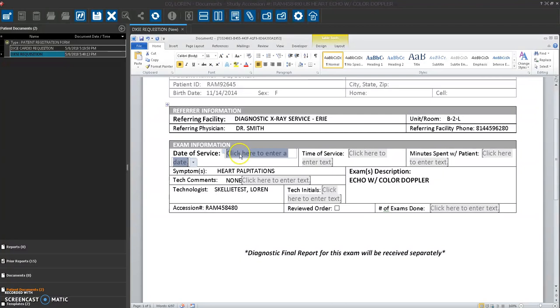Alright, so I'm going to click here where it says click here to enter a date. And then when I click on that, it's going to give me this drop-down arrow over here. I'm going to click on the drop-down arrow and I'm going to select the date of service. So I'm going to select today's date. And then it's really important that